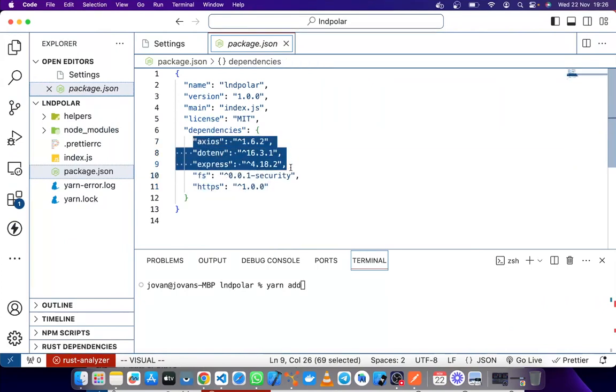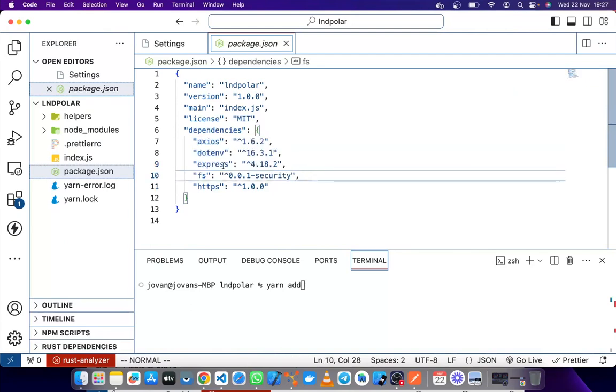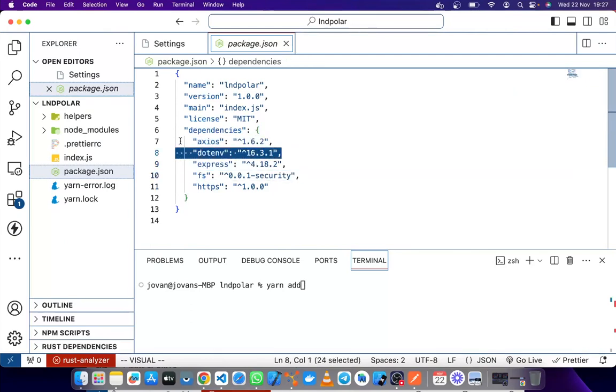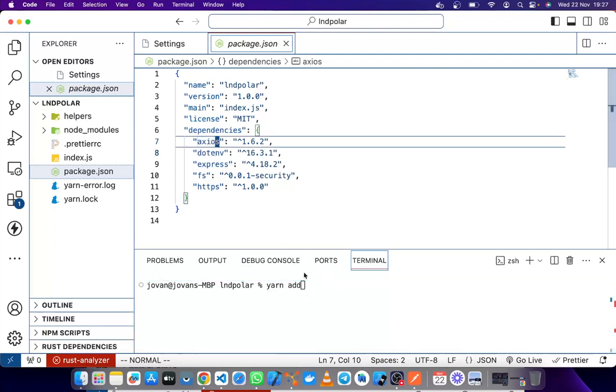I don't want to keep it very complex, so we'll keep it very simple. The .env, I don't think we use it anywhere, but I'll show you where we may need it. Basically to add all these libraries, you just use yarn add axios, then express, then fs, and then https, and press enter, and everything just keeps on going.